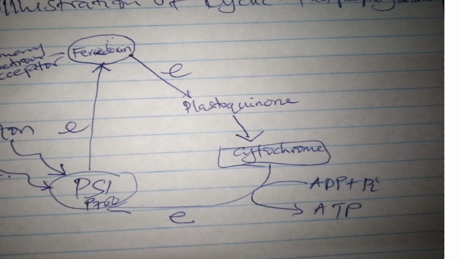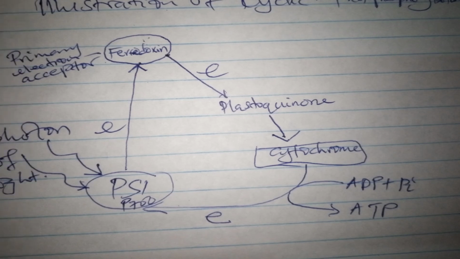But I want you to know this is a photosystem. It's not just made up of only this pigment. There are so many carotenoids around, so many chlorophyll A or chlorophyll B, and then in the center we have this P700. That's why we call it photosystem 1. So when an electron from pigment 700 will move,